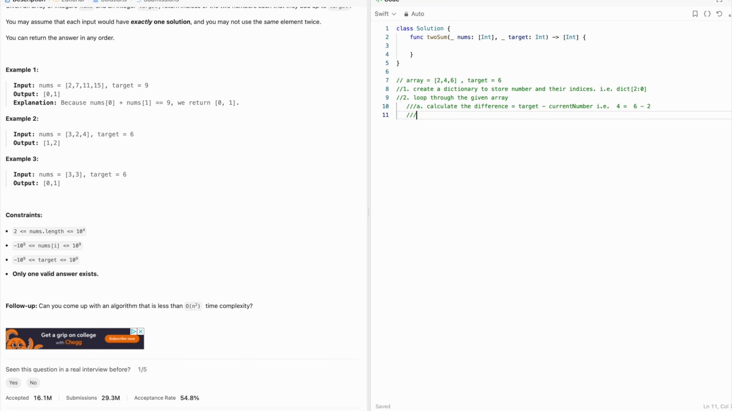Okay, so next thing is we need to check if the difference already exists in the dictionary. By saying that, I mean we need to see if the difference number here, which is 4, already exists as a key in the dictionary. So we don't see the key 4, we only have the key 2. Okay,